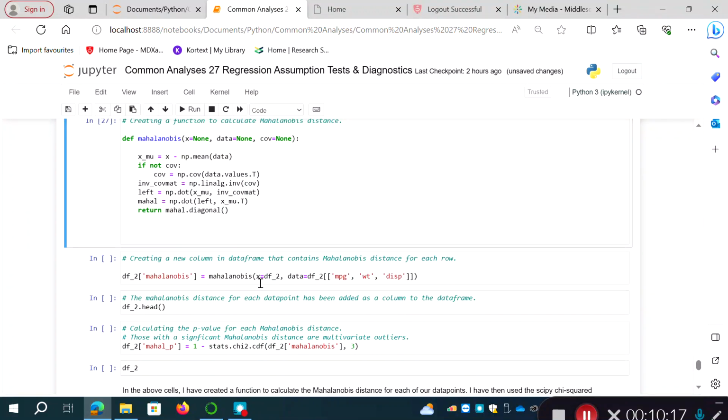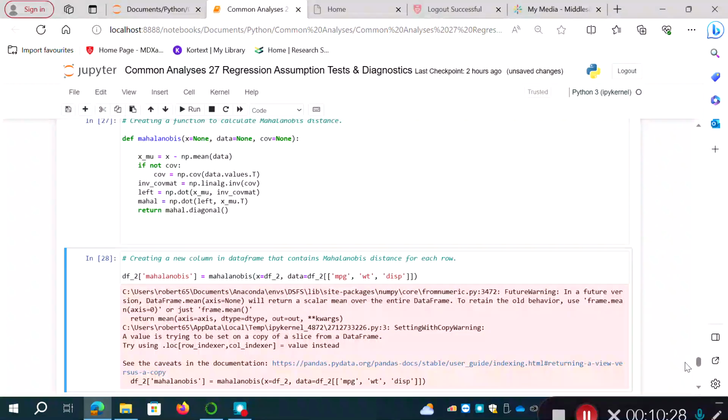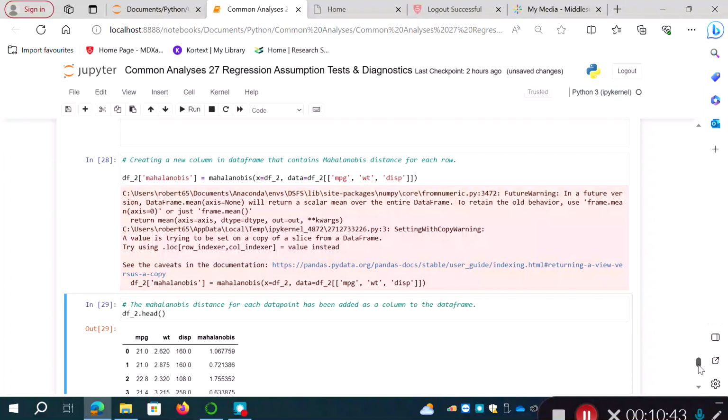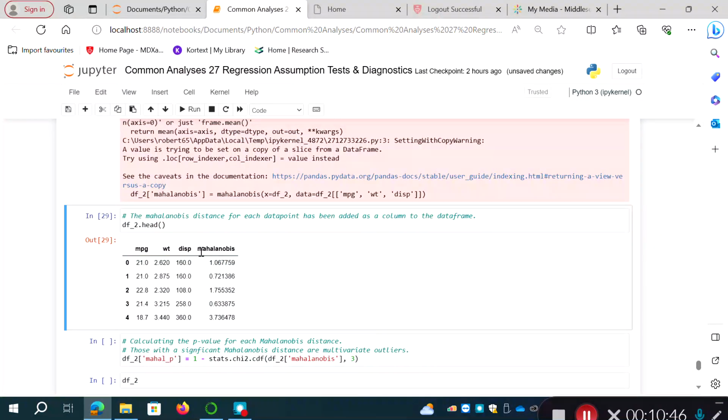So I'm going to pass as the x, X is going to be our data frame 2, and we're passing these 3 variables. Okay, so let me run that, and I get this error message because it doesn't like the way I've done it. It's telling me that in future versions this type of thing will be deprecated, and I should probably use the .log method instead. But if we look, this should have worked. So there we go. Yeah, it has worked, and it's appended a Mahalanobis distance for each of our observations